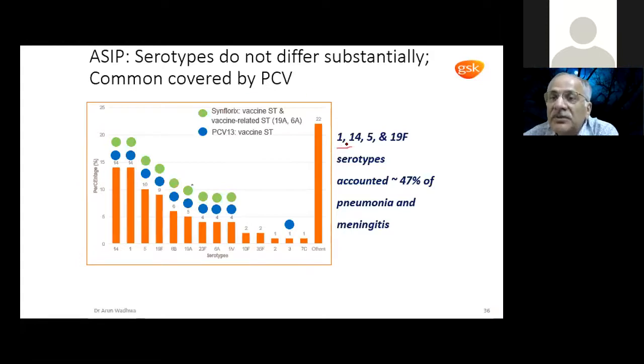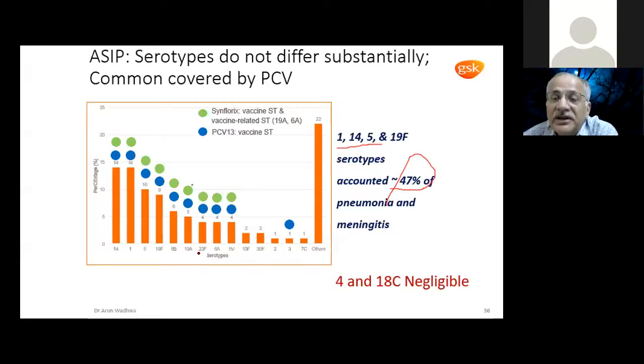The commonest serotype in our country is 1, 14, 5. So 14, 1, 5, these variations will be there. These are the commonest serotypes in our country, and 47%, so almost half of the pneumonia and meningitis are caused by these 3 serotypes only, 1, 14, and 5. The rest is the fight between so many serotypes. So 50% are caused by these 3. What we mean to say is, give some vaccine to the child, at least 50% will be protected.